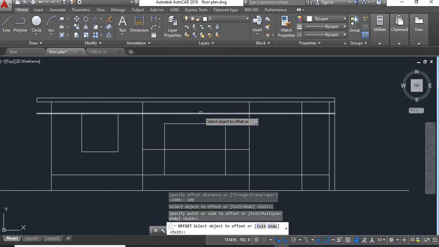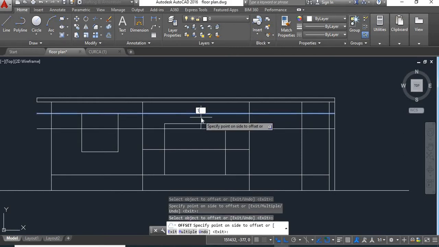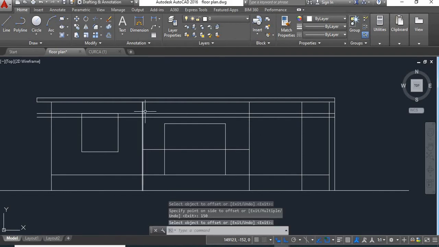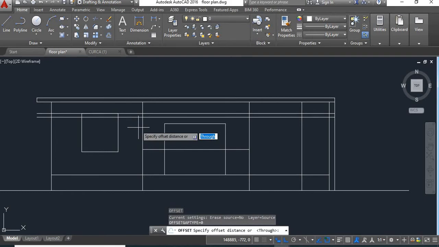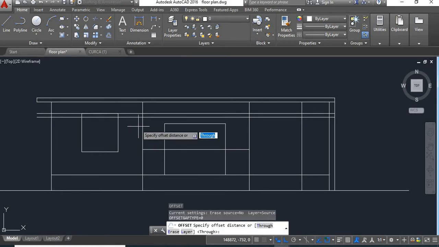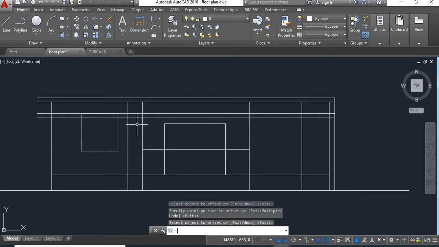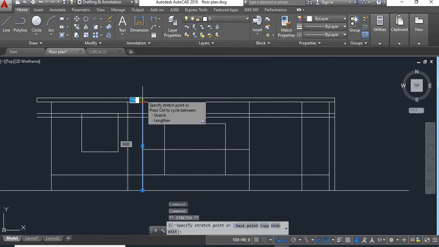And a slab thickness of 150. Say enter. Now from here the Chhajja projection will be 600. So we'll take projection here. Say enter. We'll take this line, we'll project this line above.